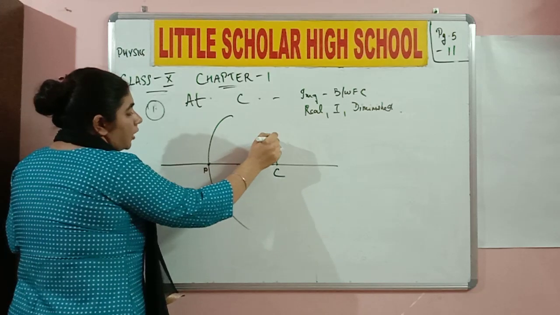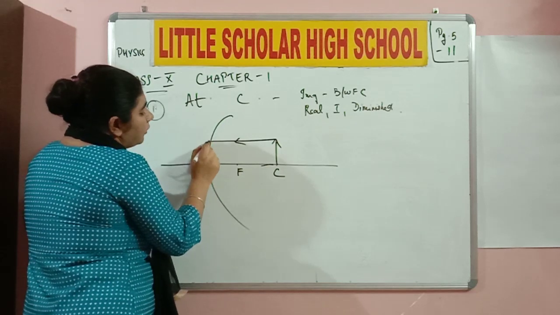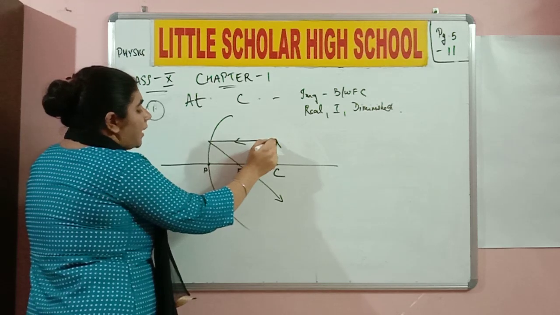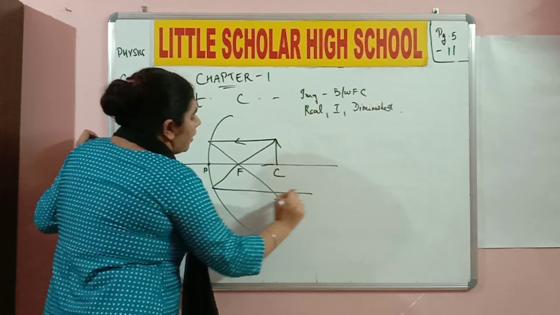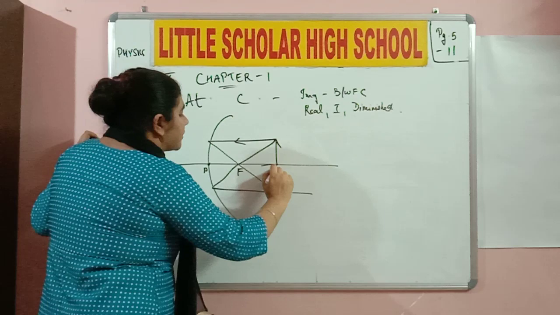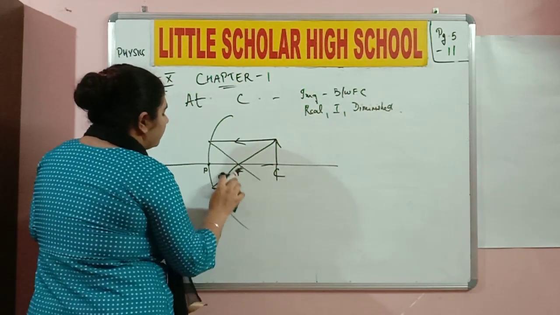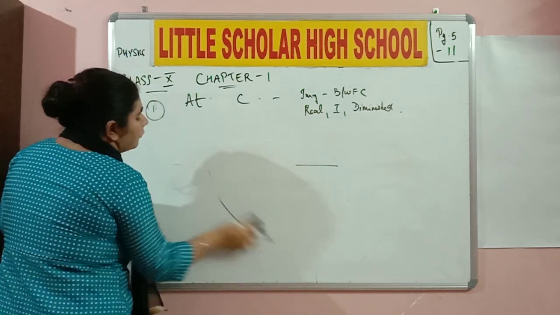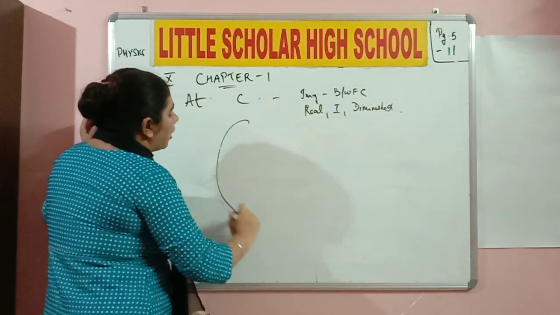There is an incident ray which is parallel to the principal axis. Fine, the reflected ray goes to the focus. Now, the second incident ray passes through the focus and the reflected ray is now passing where? It is parallel to the principal axis. Do you understand? This needs to be a little clearer over here. It's better I do it again. Fine. It's easier to do with the pencil and scale, when you compare it with markers.